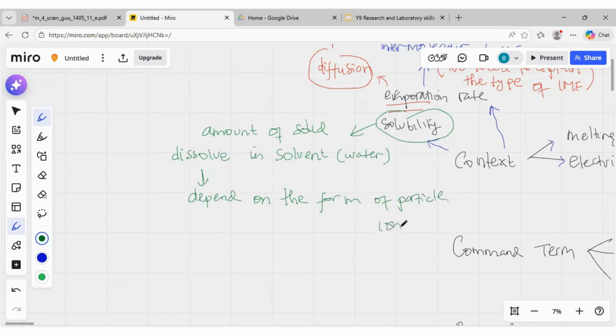If it is ionic, they are actually dissolved in the water, they are able to dissolve, because we do have some ionic compounds that are a bit difficult to dissolve in water, but it will not be tested. What we need to know is only that if it is ionic, they will dissolve in the water because they form ions, and later on, these positive and negative ions will be surrounded by water